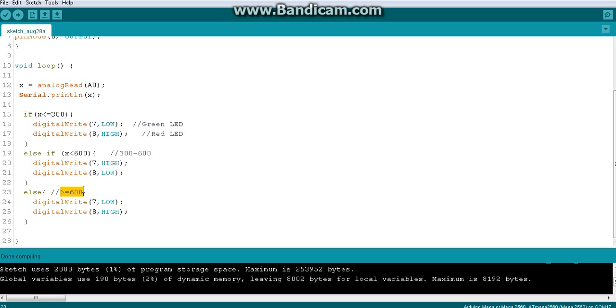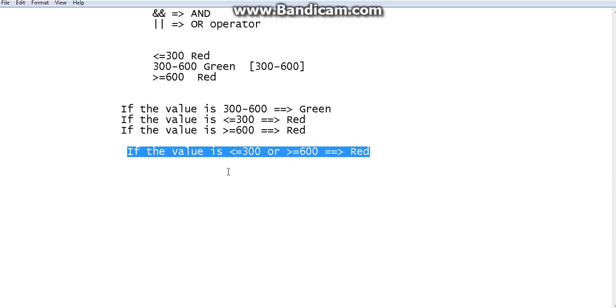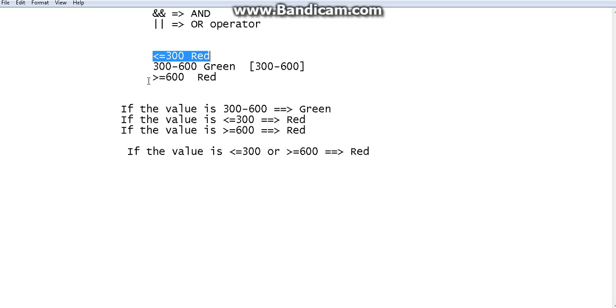Because currently inside the else part only greater than or equal to 600 is being checked. Since I am going to bring both together, I can bring this check down here, or I can bring this else part's check up here. These are the two places this is being checked, and I want to bring both of them in one place. So what I'm going to do is bring this part up here. According to my logic, I'm going to change it this way, so this and this I'm going to bring together.